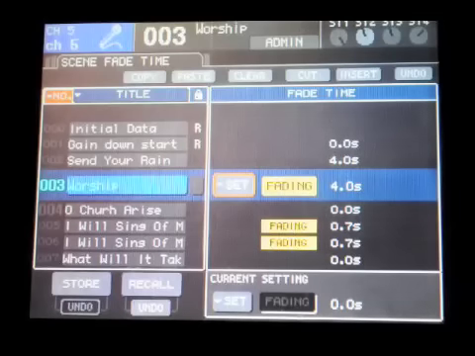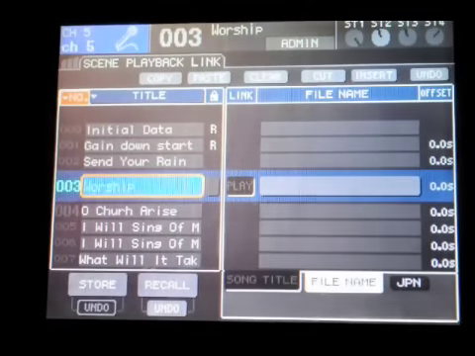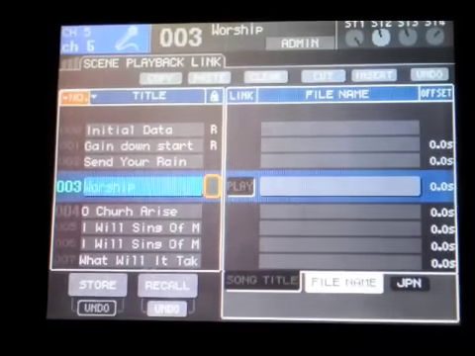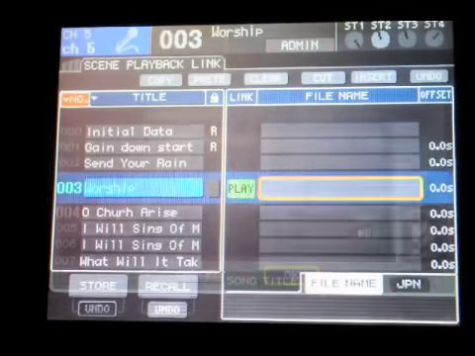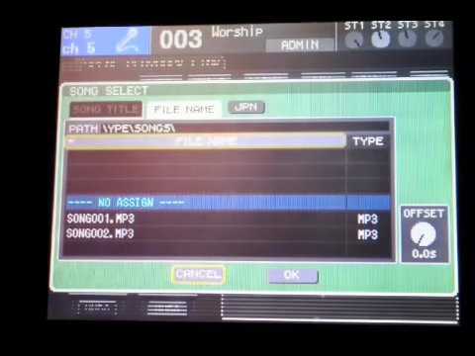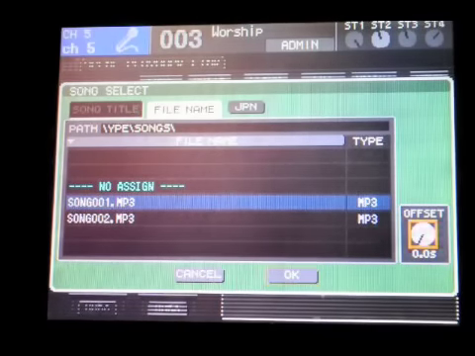Now let's look at the last Scene Memory page. Push the Scene Memory button one more time. Scene Playback Link allows you to play an audio file when you recall the scene. Recall the scene and instantly you have music playing. To use this, move the selector over to first the play box and press Enter. It will turn green. Secondly, select the file off of your flash drive that you want to play. Use the encoder to move down. Select the song. Select how long you want it to take before you recall the scene until